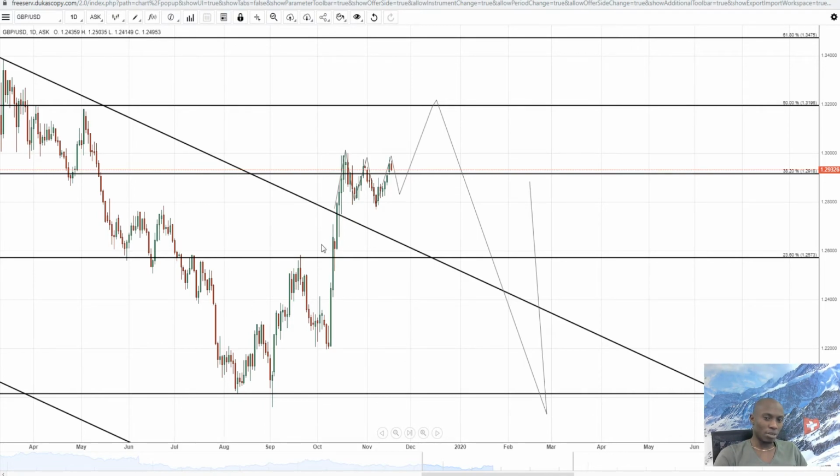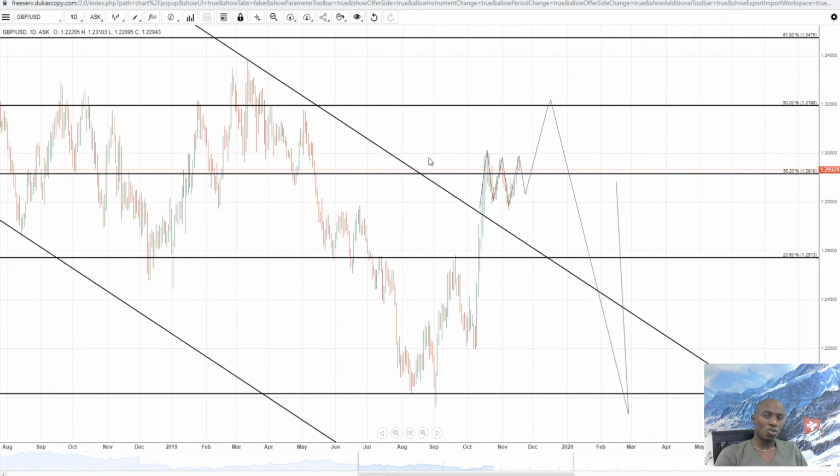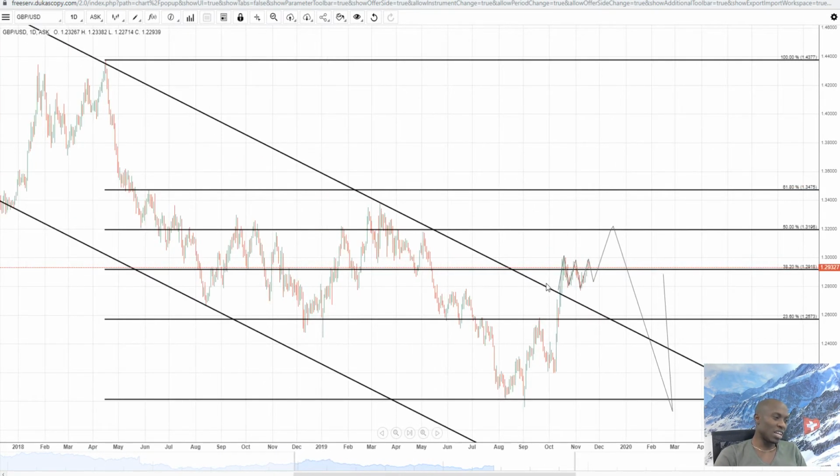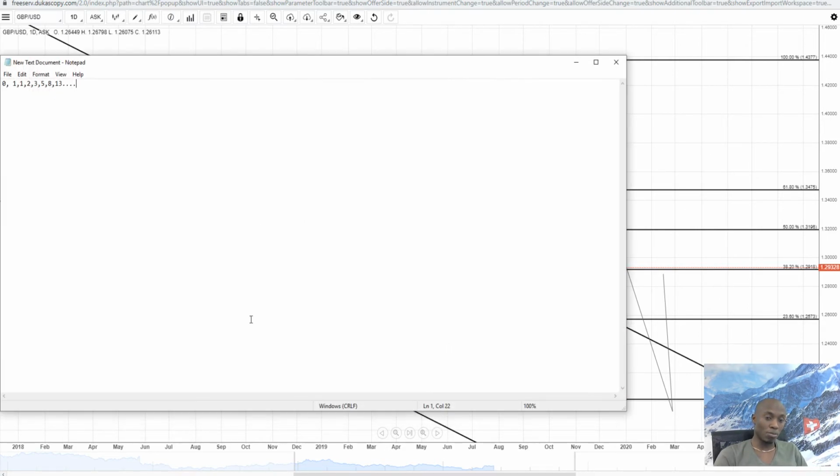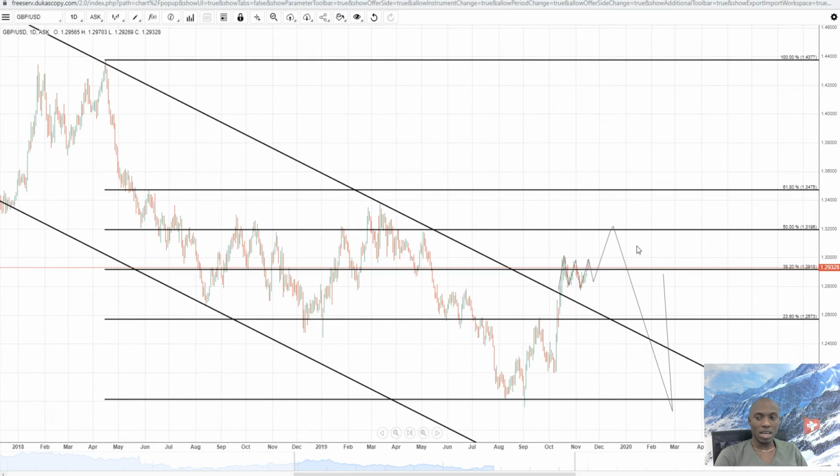The price already breached the 23% and it passed this 38%. You know the most significant level which you will be aiming at based on the Fibonacci number is going to be at the 61%. If you add